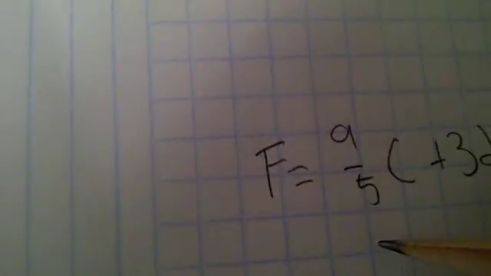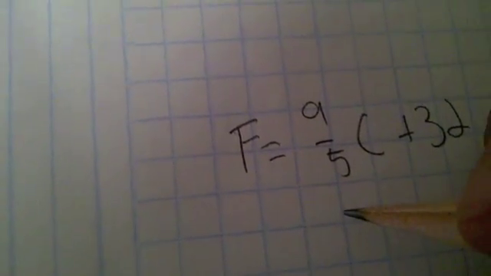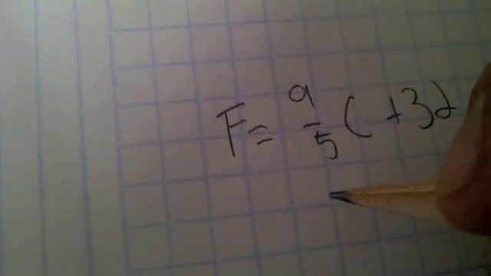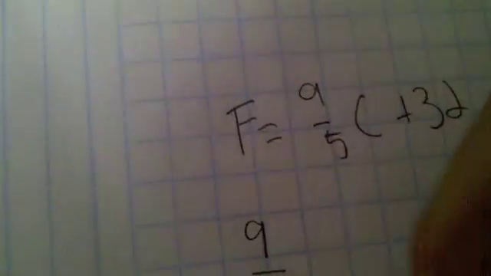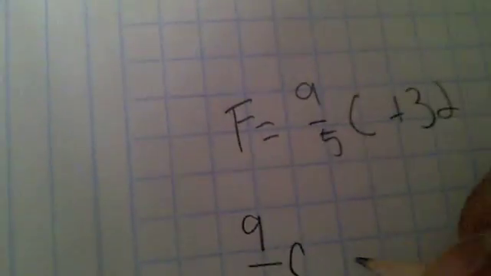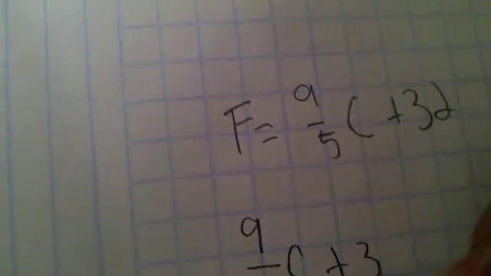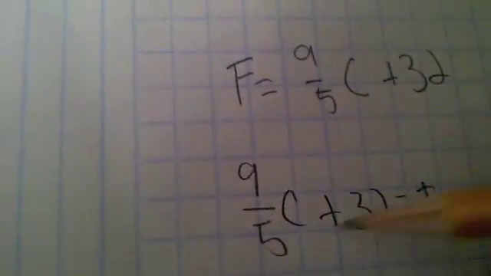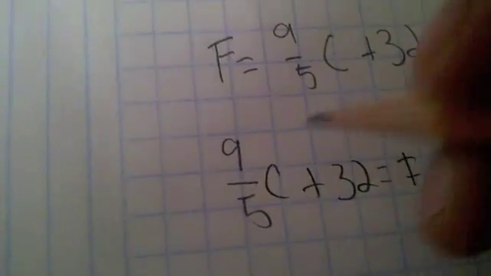Since C is on the right hand side of the equation, switch the sides so it's on the left hand side of the equation. So you will be like this: 9/5 times C plus 32 equals F. Easy stuff. Now multiply 9/5 by C to get 9C/5